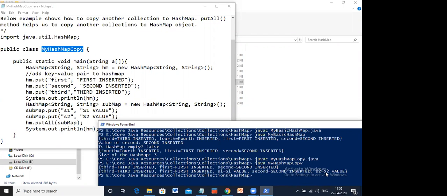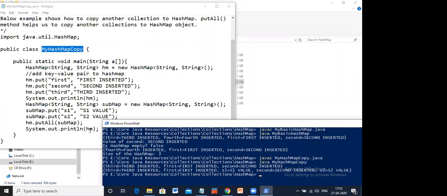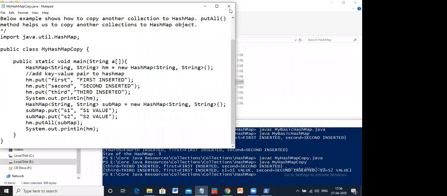S1 and S2 were added to H1, because at the end I'm trying to print HM. Getting it? With the help of putAll, I stored the keys and values of this particular hash map into this hash map. You can see S1 and S2. Is it clear? Okay, so that was the putAll method.